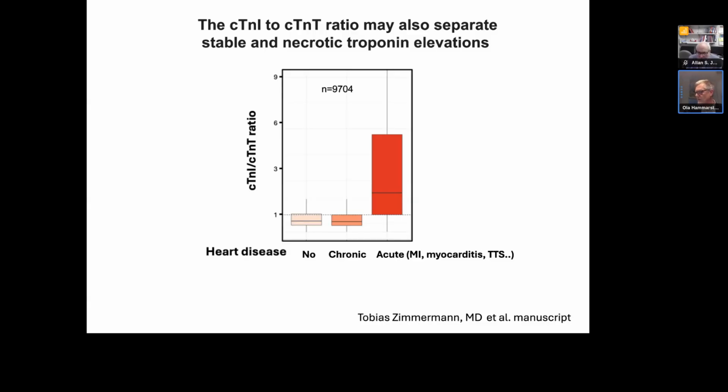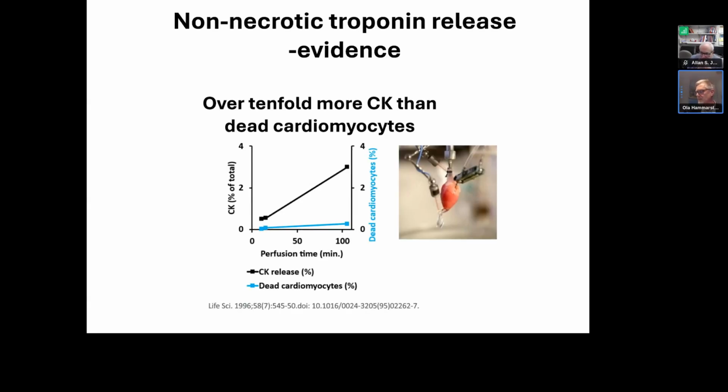This experiment we have now redone with troponin, and it seems to be the same thing here: the amount of troponin released in this Langendorff system is much higher than you would expect from the amount of dead cardiomyocytes that you can find. So this indicates that there is some kind of non-necrotic release, at least in this special system. There is also a lot of data showing that if you grow cardiomyocytes in a Petri dish, they also release a lot of troponin, much higher than you would expect from the number of dead cells in the